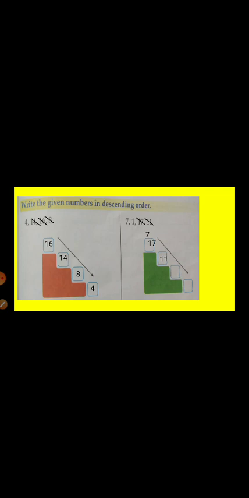Yes, it is 7. So write down 7 and cut the 7. And the 1 is the smallest number, so write down the 1. Now here we arrange the numbers in descending order. Greatest number 17, then smaller 11, then 7 and then 1. Greatest to smallest: 17, 11, 7 and 1. Now we will see the next examples.